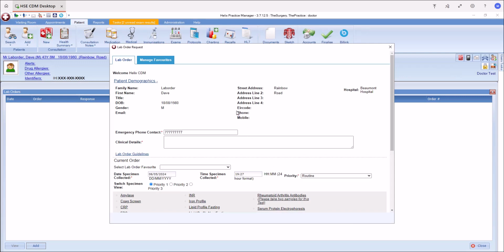So this is what pops up. Your emergency contact number is actually a number that you would put in for your practice. You can pop in your practice number there, and it will remember it for the next time you open a lab order request for any patient. It's not specific to the patient, that will be to the practice. As you can see, the patient information is pulled in at the top. The clinical details is where you can put in what you are ordering, say